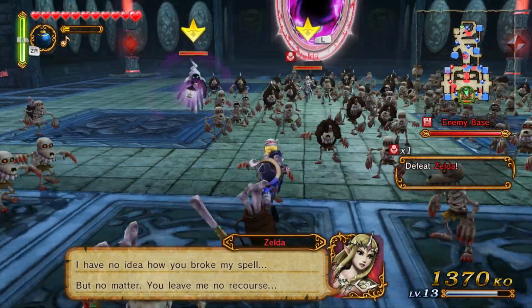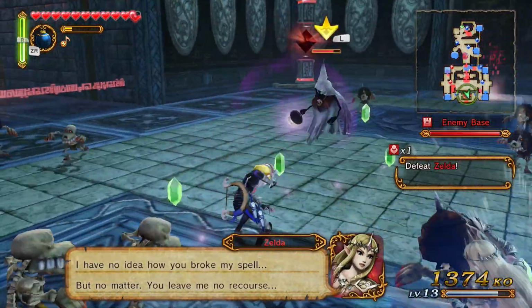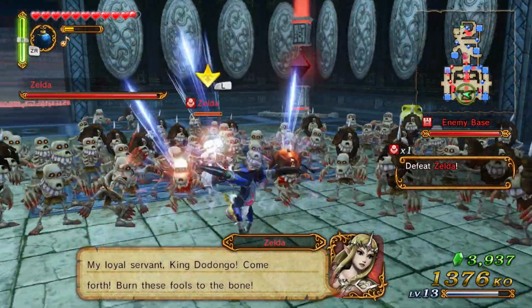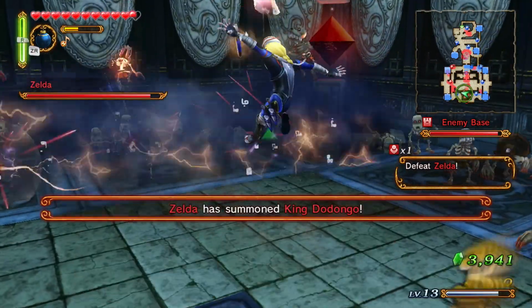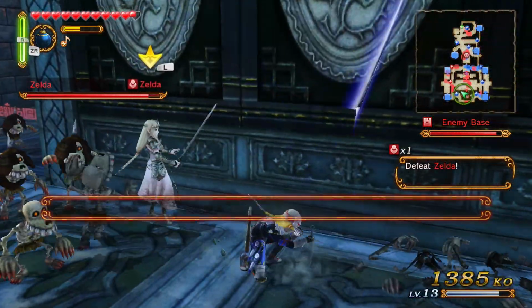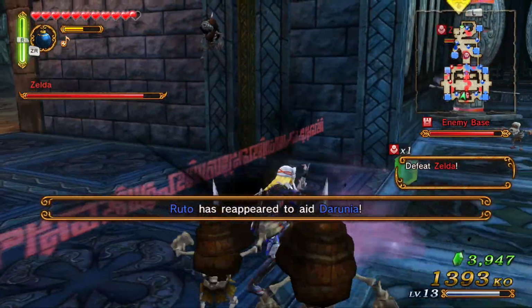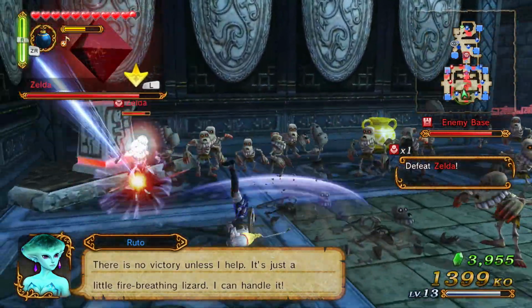Right, so here we go, this is the boss of the level. This is Princess Zelda. Zelda is also summoning King Dodongo, so we've got Zelda, King Dodongo, and Big Paws to take care of. So yeah, it's going to be a pretty full room. But I believe the Dodongo might be